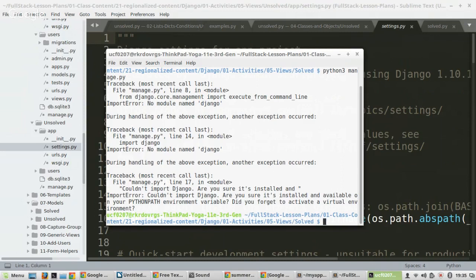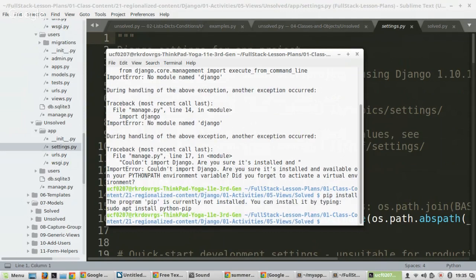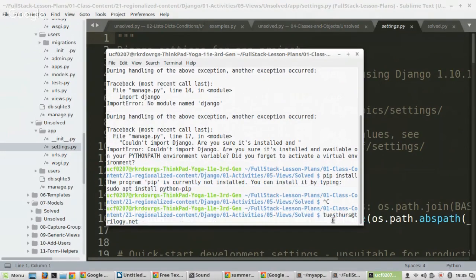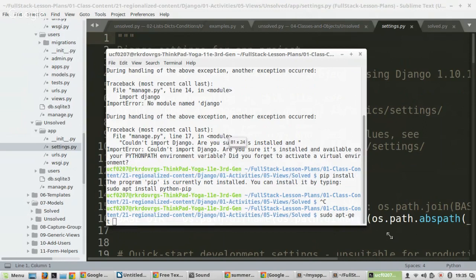Oh, do we have the npm install Django? Yes, but it's not npm. It's going to be easy_install or pip install, I believe. So I have to install pip. Pip is basically the Python version of npm. So let's try this. sudo apt-get is basically like Chocolatey or Homebrew for Linux. So sudo apt-get